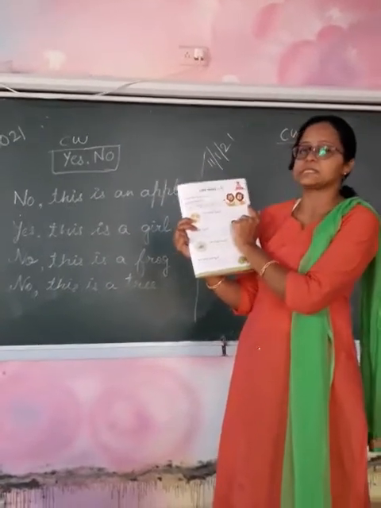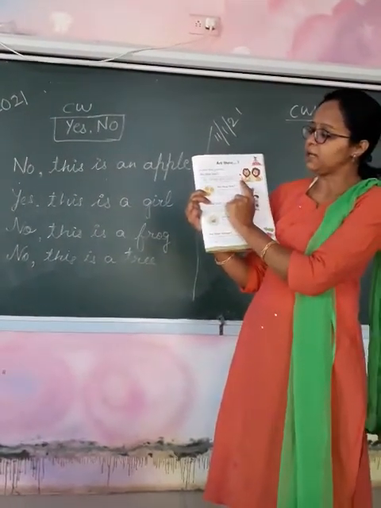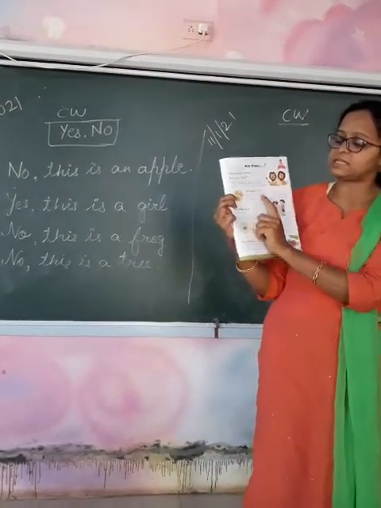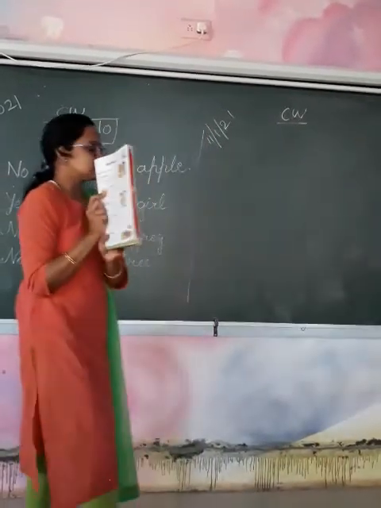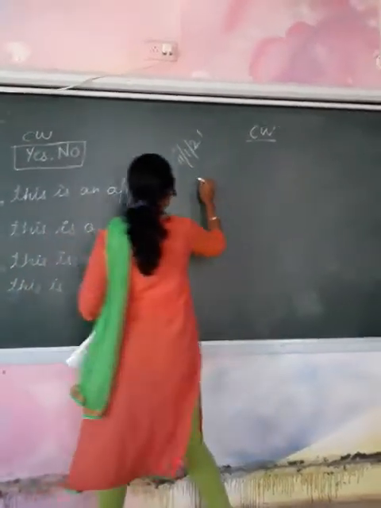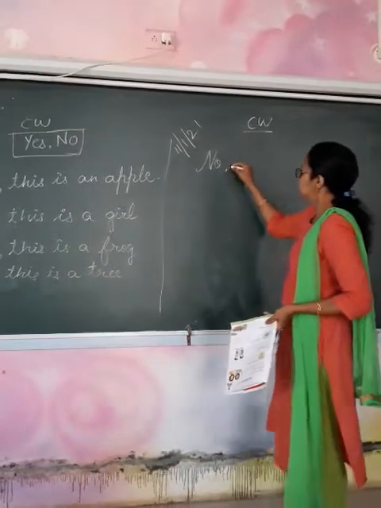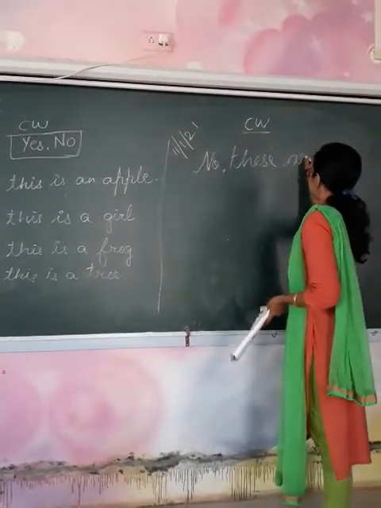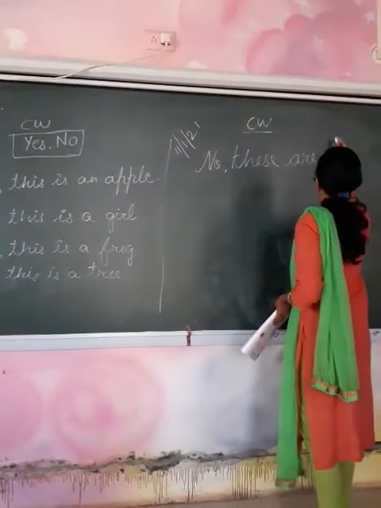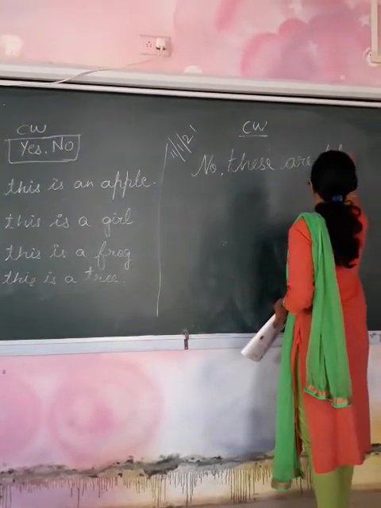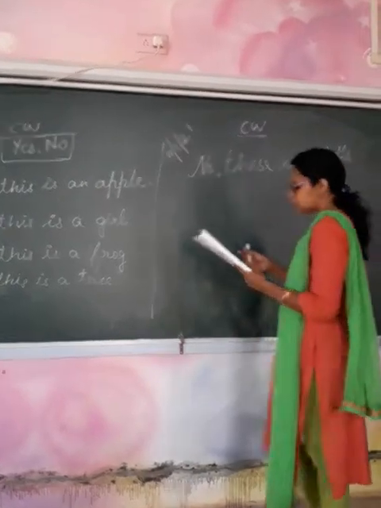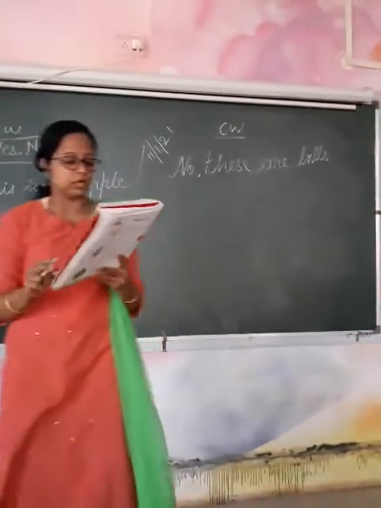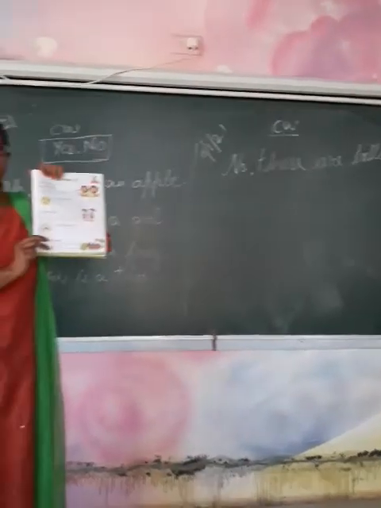Are these lions? Yes, these are lions. Next one. Are these hens? No. What are these? These are balls. So, what will you write? No. These are balls. Everything is given in the question. Please copy them at least if you are not able to form a sentence. Do not write half. You are not a nursery kid. You have been learning everything since the first day of your school.